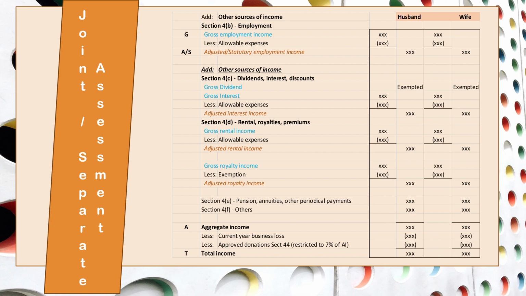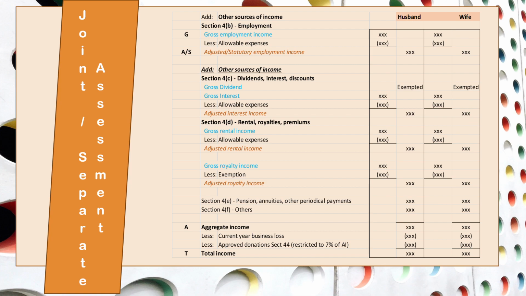Now it's quite common, especially post-COVID, to see some husbands being retrenched, therefore only the wife is working. Before this, let's say both are working, therefore you go for separate assessment. But under these circumstances where the husband is not working and only the wife is working,